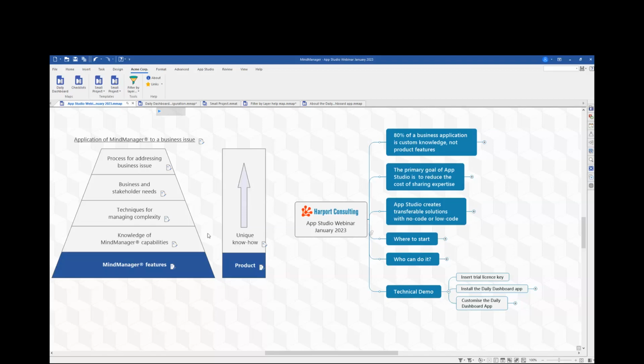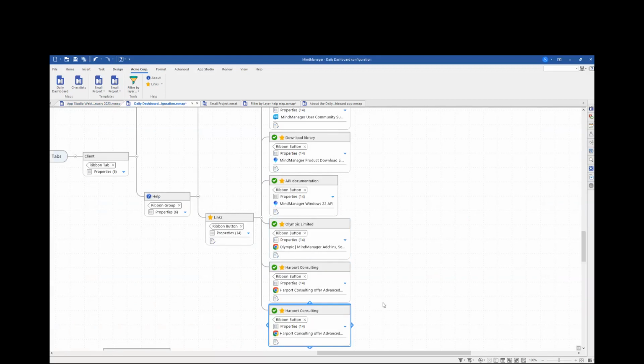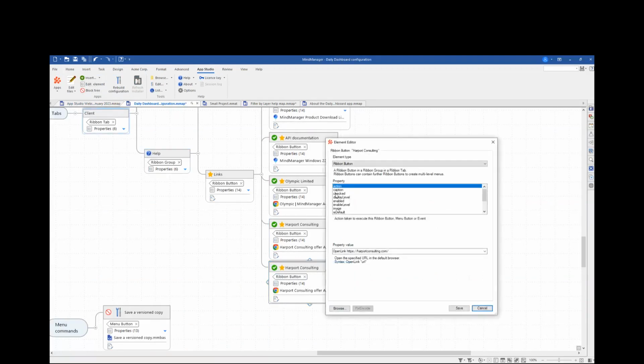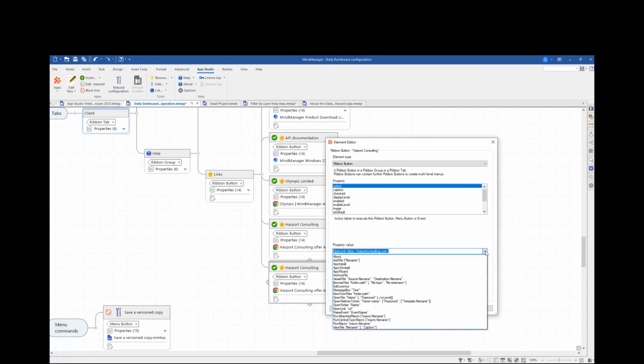Well, the apps, the way the buttons work is if I open this, this is a topic that represents a button in the ribbon, but it could equally well be a menu command in another menu. If I open that, the actions that can be associated with that, you have a set that